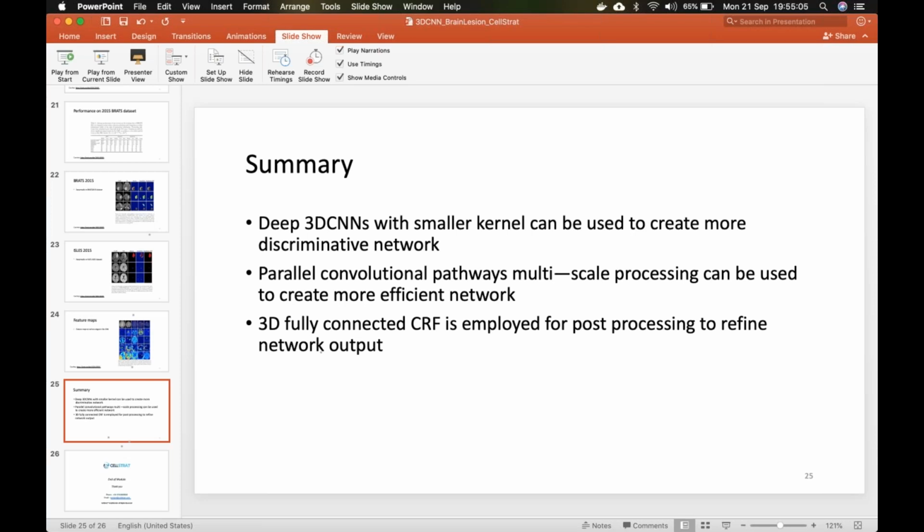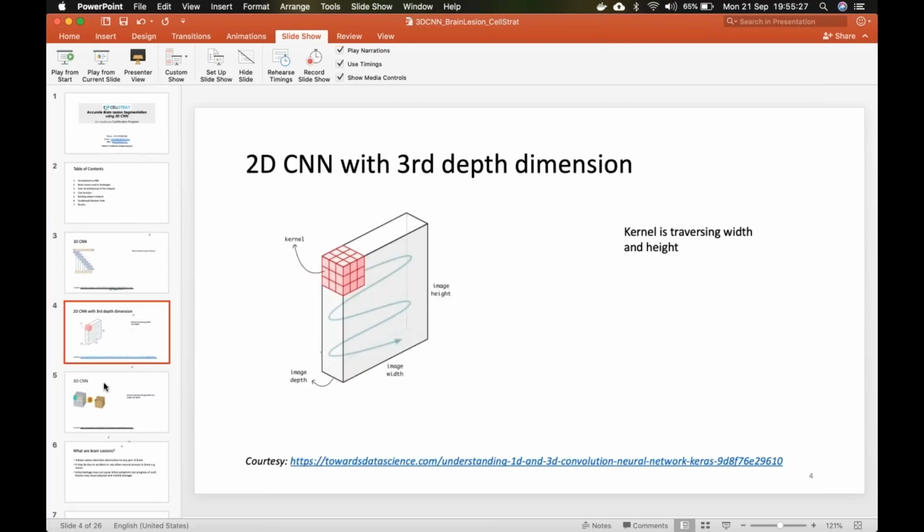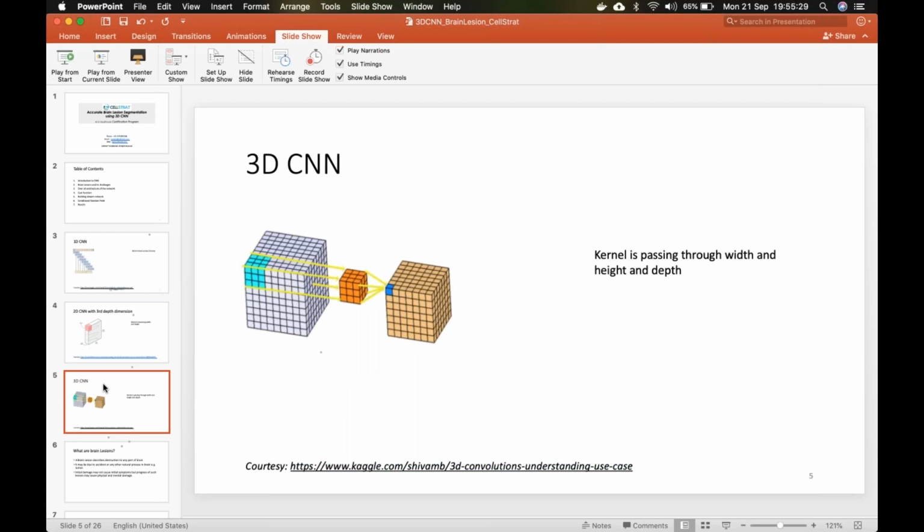Now I have a question here, Neeraj. In 2D CNN we have a third channel, which is the color channel, RGB. So 2D CNN has a third channel because of the three colors RGB. Now in case of a voxel 3D CNN, will there not be a fourth channel for RGB color? Yeah, there is a fourth channel.